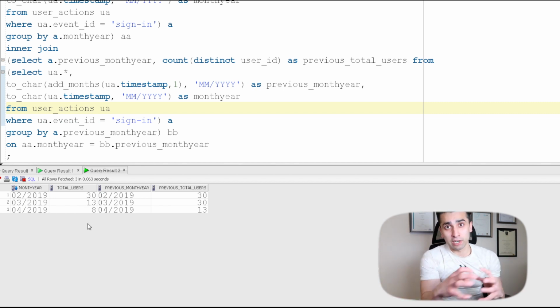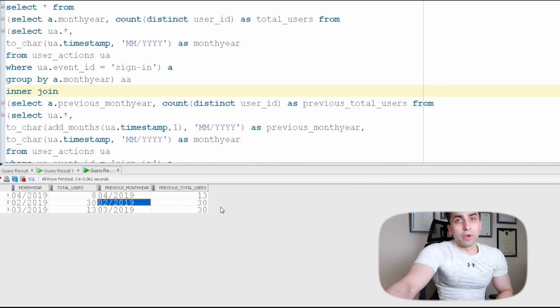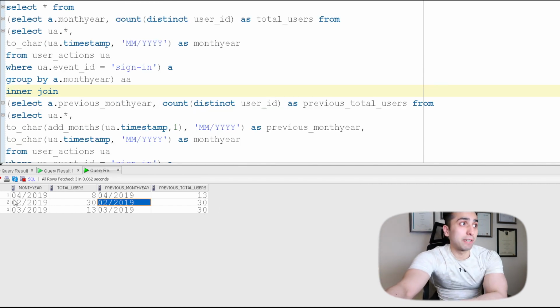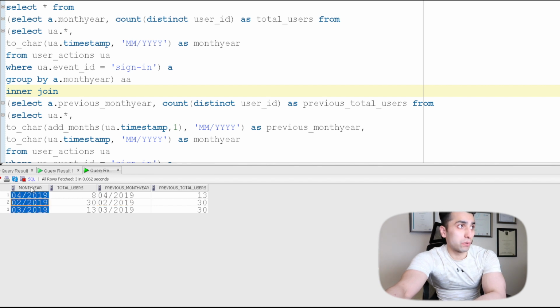So obviously you can see that users are leaving the platform on a month-on-month basis. And in the previous subquery, this is my joining key that I created in the other subquery. Once I run that, as you can see, everything is now on one row level. Once I sort this as well,